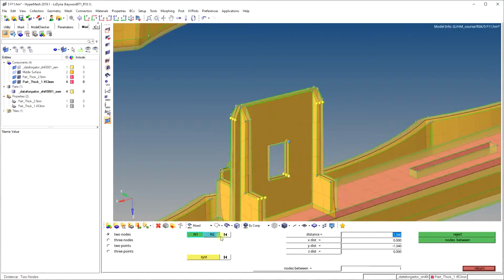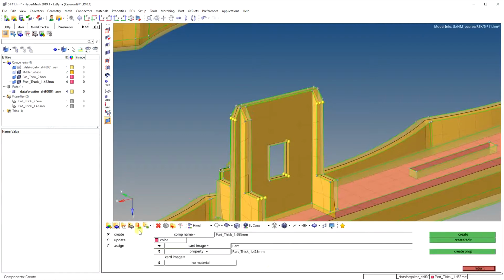Now I am creating this component. Select this, copy and paste here with Ctrl C and Ctrl V. Create property, specify thickness 1.340.